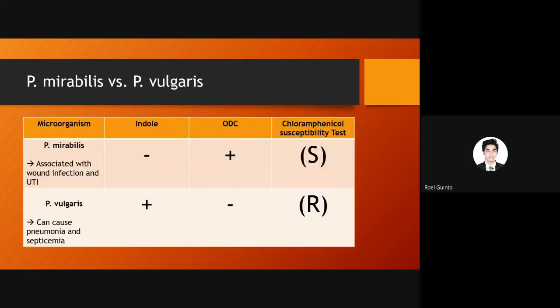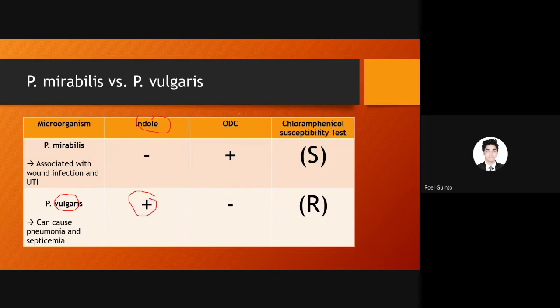So, paano natin ma-differentiate si mirabilis and vulgaris? Ito guys, makikinig tayo. In indole test, P. mirabilis is negative, while Proteus vulgaris is positive. Paano natin siya matatandaan under indole test? Vulgar, 'di ba? Parang sa typical, uy, na vulgar siya, nakita, positive. So in indole test, positive